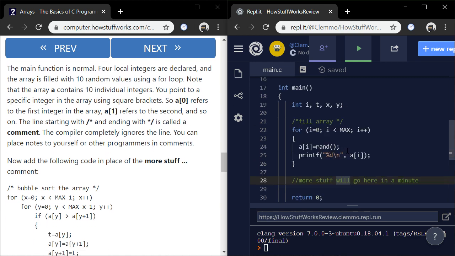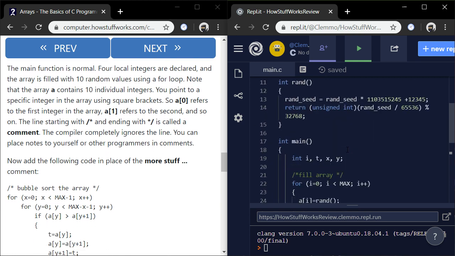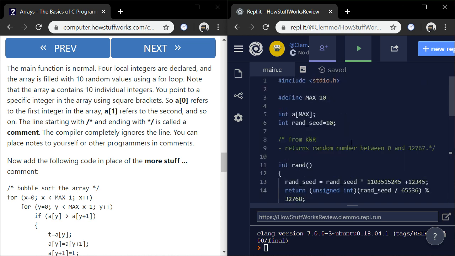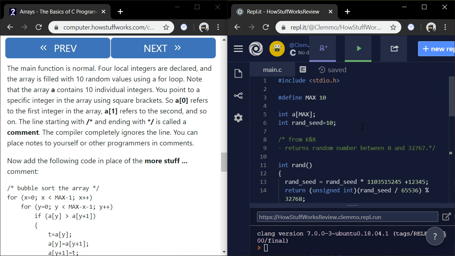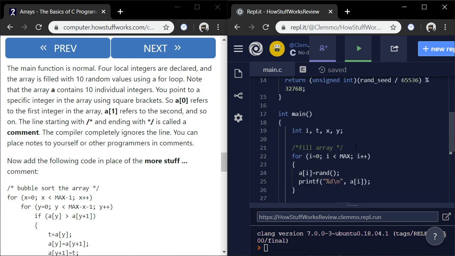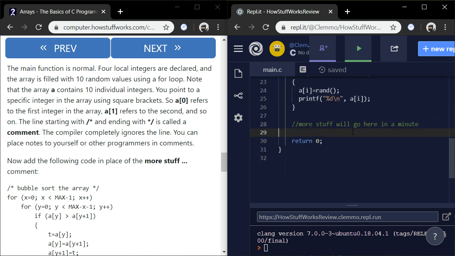So comments get completely ignored by the compiler. They don't have any effect on code, but they're important because they draw your attention to important parts of the code and explain. They have an explanatory function in code. So important to humans, not important to computers.